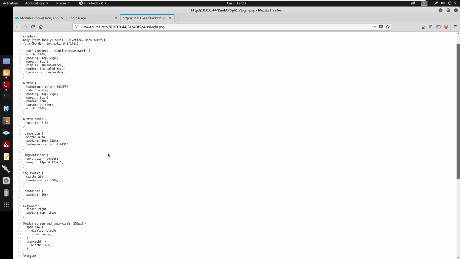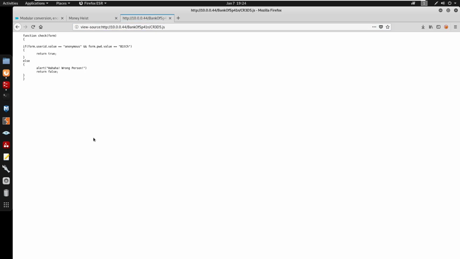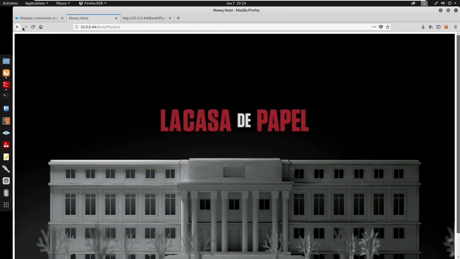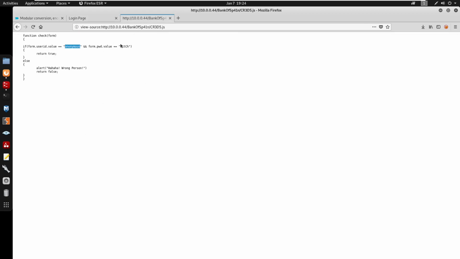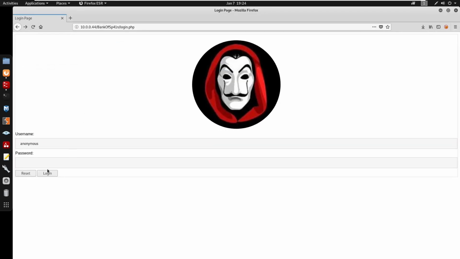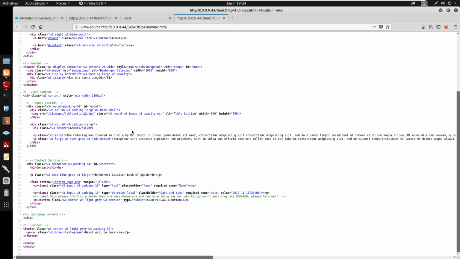Here, if we do scroll down, if we do check our JS file, you will see that we have username and password, which is anonymous, and you guys know what that word is, right? Single anonymous, and we also have our password right here. Okay, here we do have this, so I'm going to do Control U again. If we do scroll down, we do have a username called Arturo,